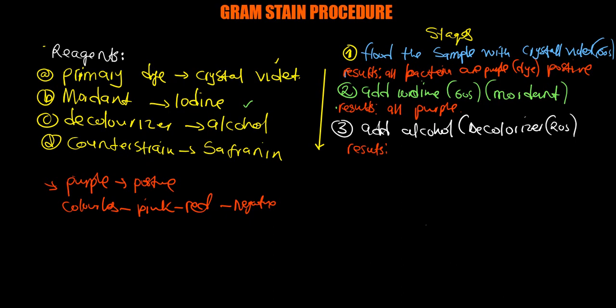Okay. So the results will be, for those with gram positive, they will turn purple. Alright. For those with gram negative, they will turn what? Colorless. That's under this stage. Please just master these. Alright. So they will turn colorless like that, meaning they are gram negative. Gram positive, they will be purple. Okay. So the last stage, which is stage 4 now, you say